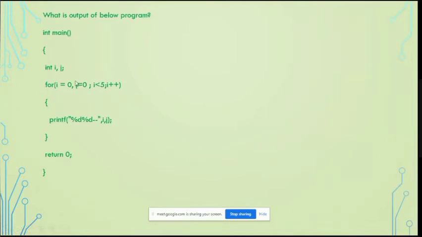I have two initializations. Yes, this is also another frequently asked question in interviews. I can have two initializations. I can have two increments or decrements. I will come to the terminating condition later.